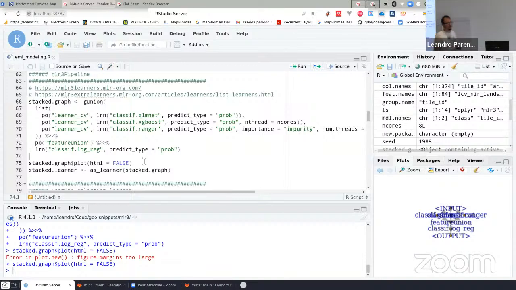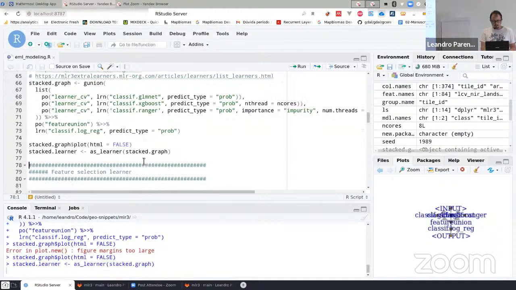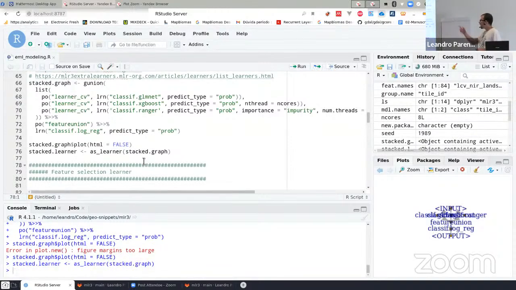So what we call a meta learner. But you can add, for example, a PCA before to do the classification and the training with this learner. So you have quite some flexibility. And one thing that is important: this is just a graph representation, in which each operation is a node, and you have connections between these nodes, but you need to convert it to a learner. So you have this method as learner that will wrap all this pipeline and transform it into a learner that can be trained by the